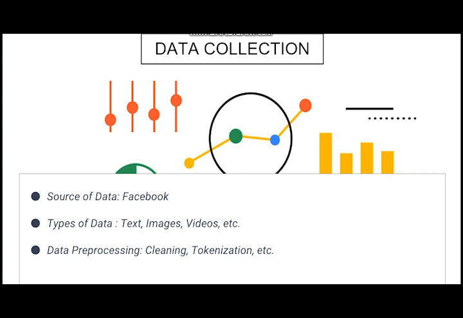First we have to choose which type of data we will collect. The data types are text data, image data, and videos, and these can be used to attack someone online. Basically we will work more on text data. Then we will process this raw data by some data pre-processing techniques, which are cleaning, tokenization, and so on.